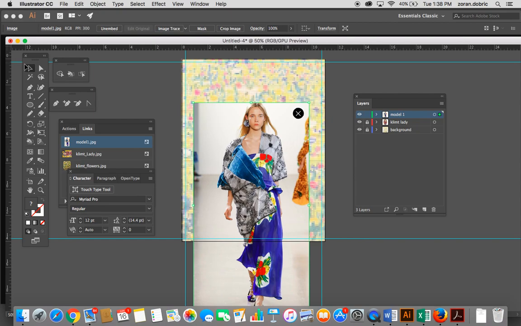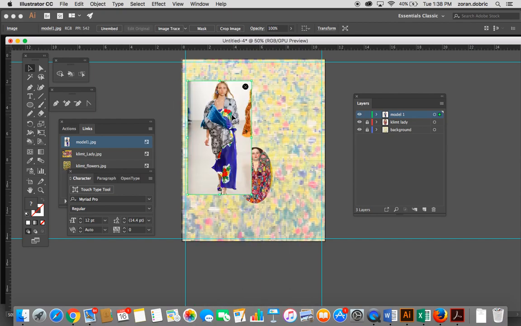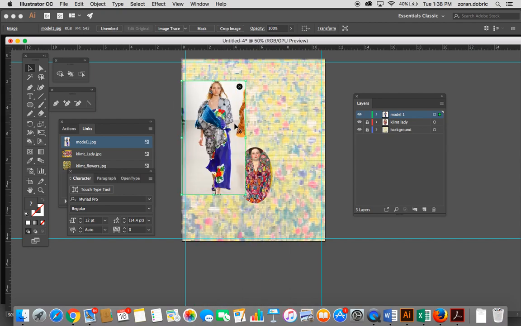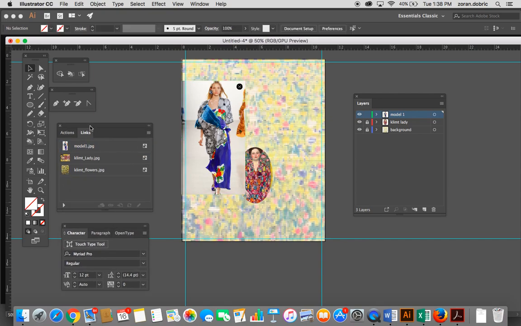When it comes down, you're going to take the black arrow, you're going to press Shift to make it a little bit smaller, like that. And you're going to just double check the links palette to make sure that it's successfully embedded, and it is. So next we're going to be creating